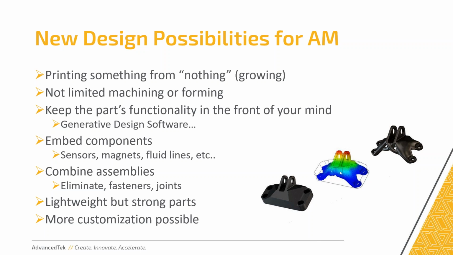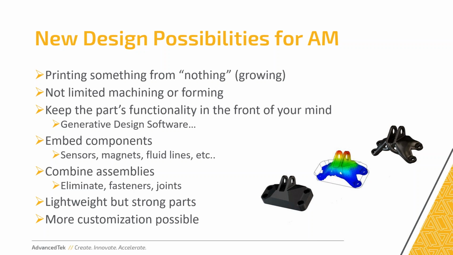A way we kind of go about doing this is generative design software, or a topology optimized part. So there on the figure on the right, we have a part that was potentially designed for CNC machining. We'll bring that into a software, we'll apply our loads and conditions, and the software will spit out a couple different variants of parts that kind of look organic, that would be difficult to machine, but would help you add